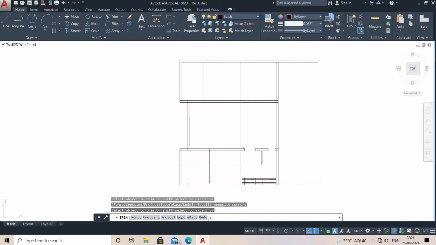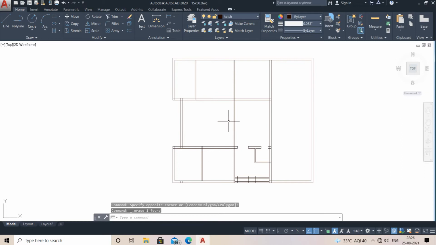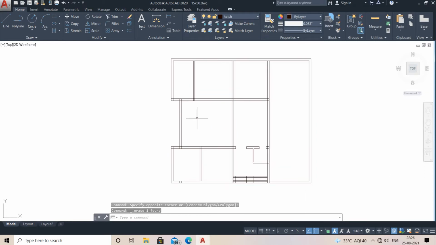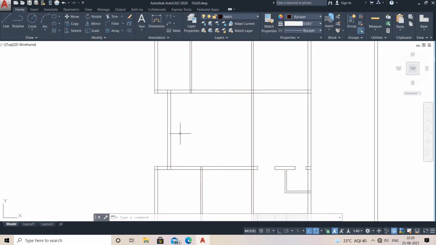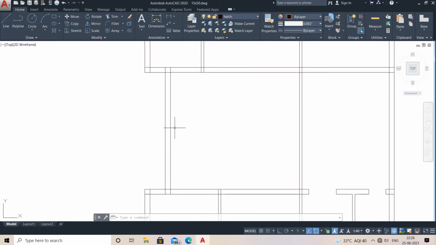See, almost your plan is about to be ready, right? Just trim it on the wanted parts. After that, you need to place the stairs. See, this is my south, right? But as Vastu says, your stairs should always be placed on the wall of south or west. So for this I am going to place my stair in the south direction, meaning north to south. So here I am going to do this.